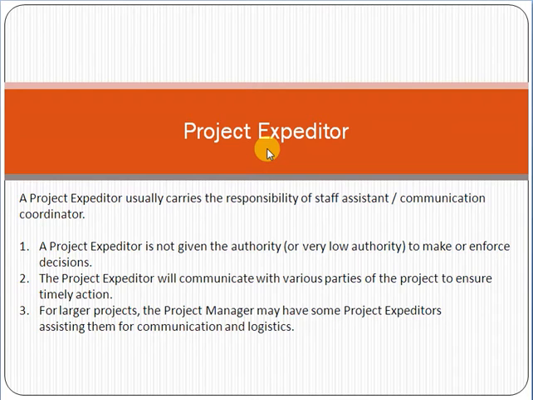For example, let's suppose that you, as a project manager, ordered that a particular hardware should be available on 25th of October. Just take an example. So on 15th of October, the project expediter will call the vendor and remind him that the date of delivery of hardware is 25th October. Just remind them, talk to them, and as the date approaches, he will be calling them, talking to them, just reminding them.